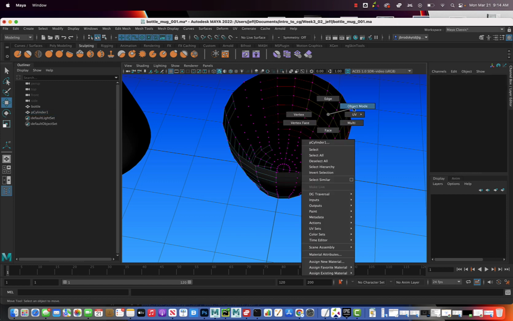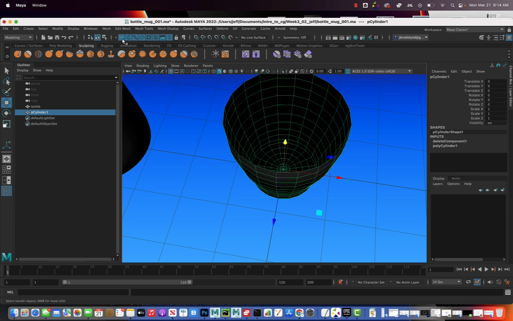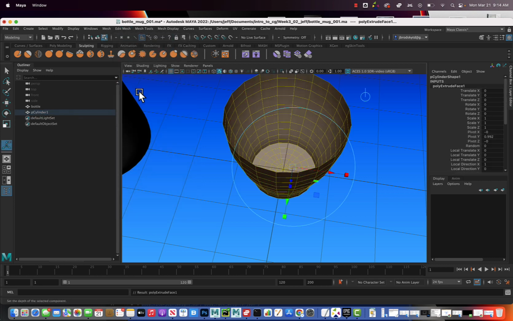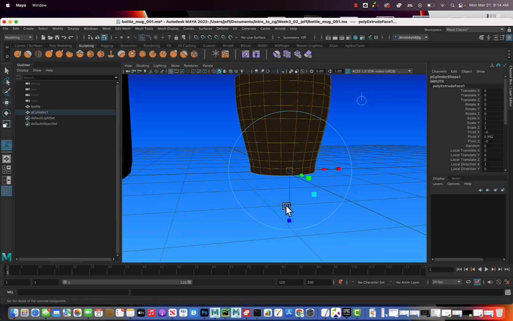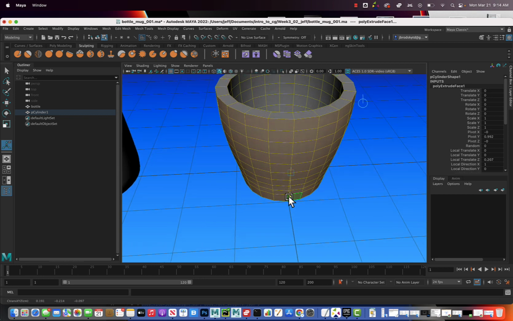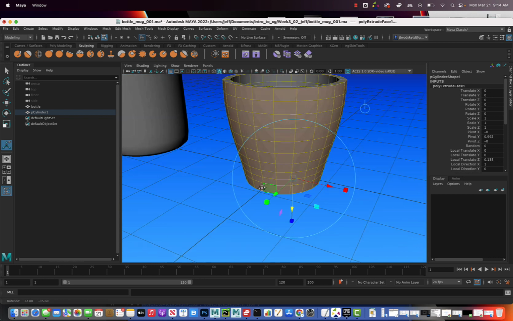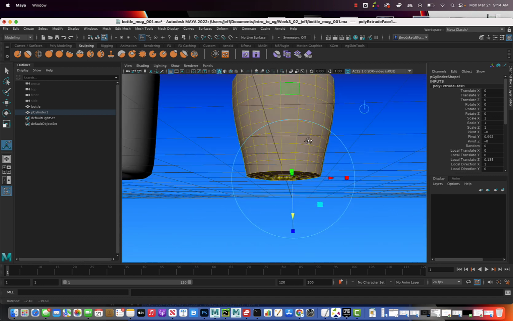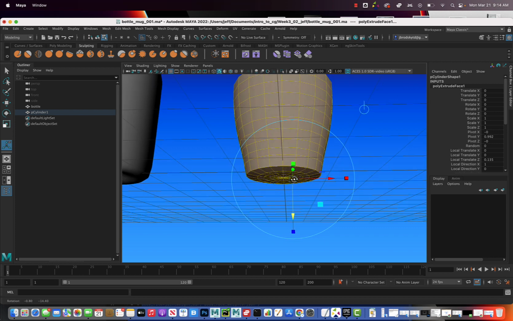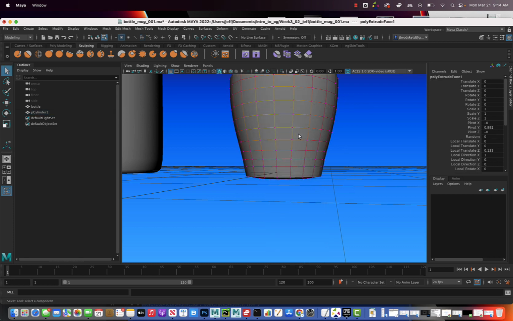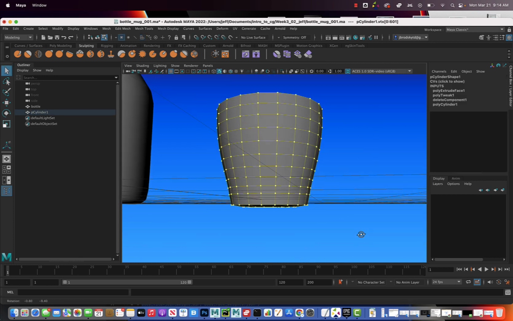So let's go to Object Mode, and let's go to Edit Mesh, and go to Extrude. Again, we're going to click on that blue arrow and just drag it out until you have whatever thickness you think is appropriate for a mug. Perfect. And then because we're adding thickness, it's pushing down a little bit. All we got to do is right click and go to Vertex mode again, grab all the vertices and just move it up again so it's on top of the